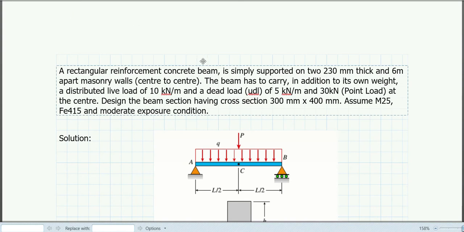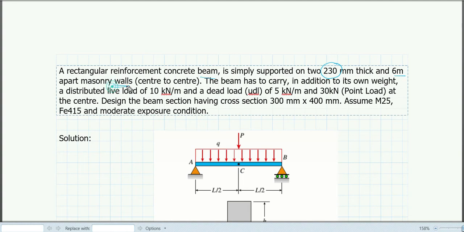Hello everyone. So today we are going to discuss a doubly reinforced beam. For this, let us take an example. Here is the example. A rectangular reinforced concrete beam is simply supported on two 230 mm thick and 6-meter apart